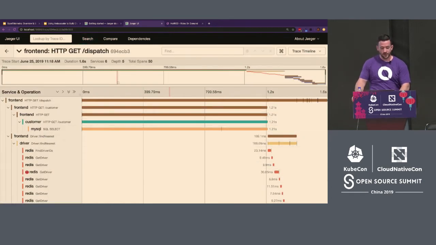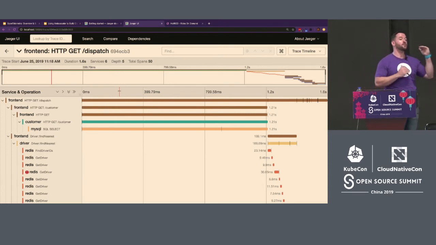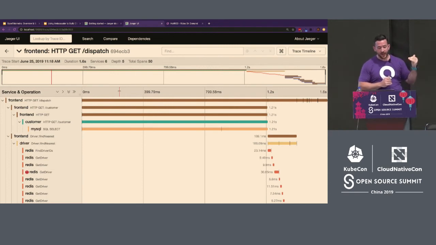So for example, now I have clicked into a single trace. This is one request in the Hotrod application. And you can see the call stack as well as latency information for each of those calls and if there were errors. So here you can see the front end took that 1.6 seconds totally to compute.